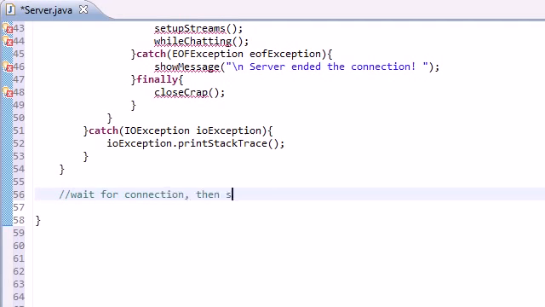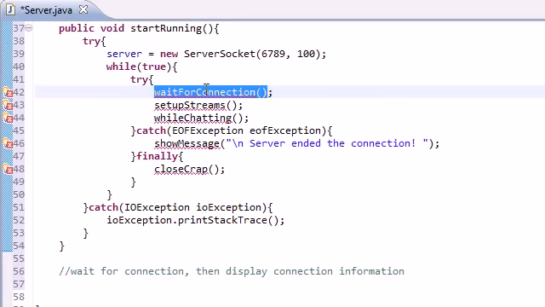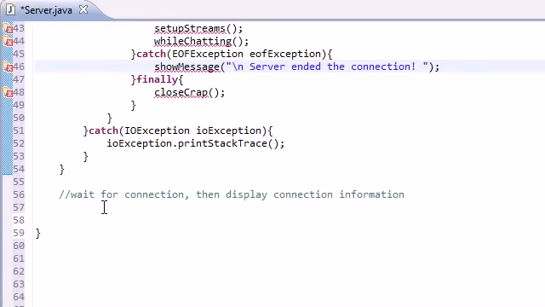Then once you're connected, I just want to give you a nice little prompt on the screen that says you're connected with whatever their IP address is. Then display connection information. So again, remember that this method is called waitForConnection. So might as well type that, I'm not that lazy. So private void wait for